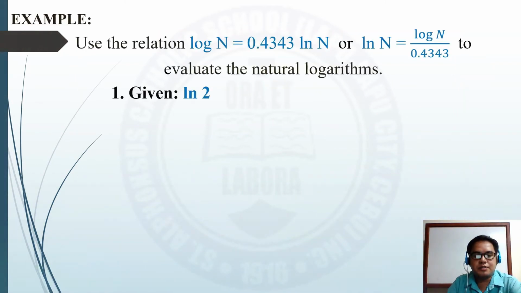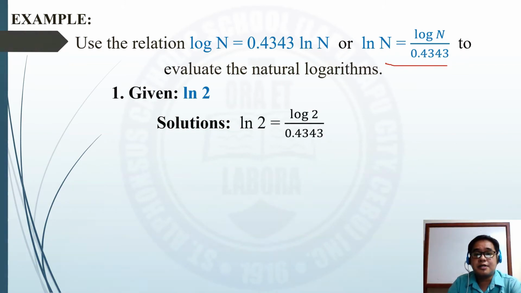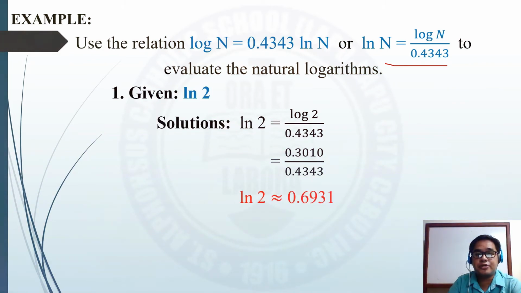For example number 1, if we have this given ln of 2, we are asked to use the relation of ln of n is equal to the logarithm of n over 0.4343 to evaluate this natural logarithm. So our solutions are, first is to write the given and equate it to the logarithm of 2 over 0.4343. Next, get the value of the logarithm of 2, which is 0.3010, using your calculator, over 0.4343, and the approximate value of the natural logarithm of 2 is